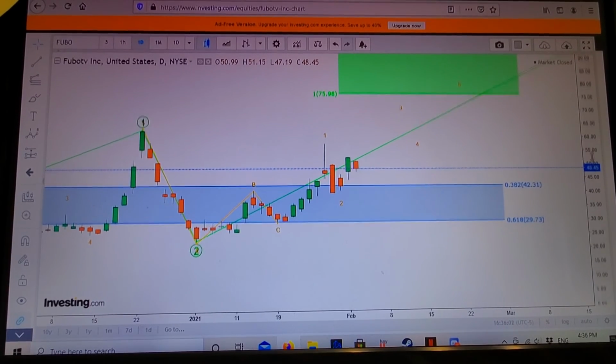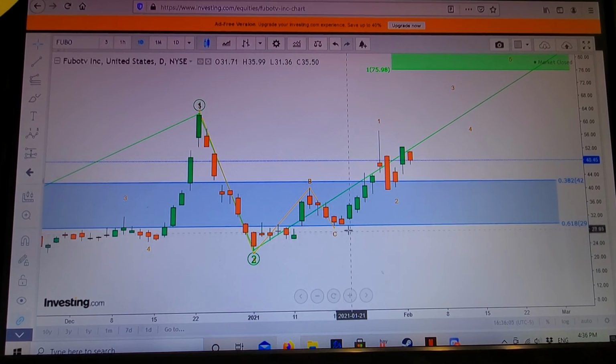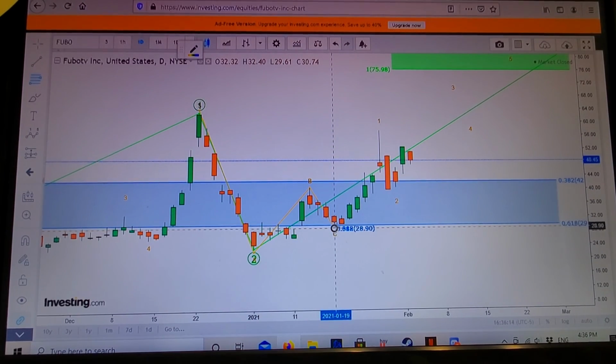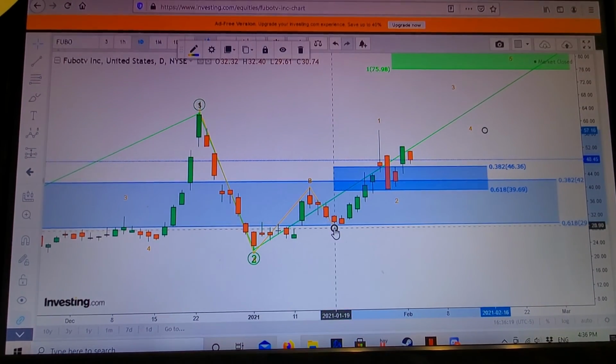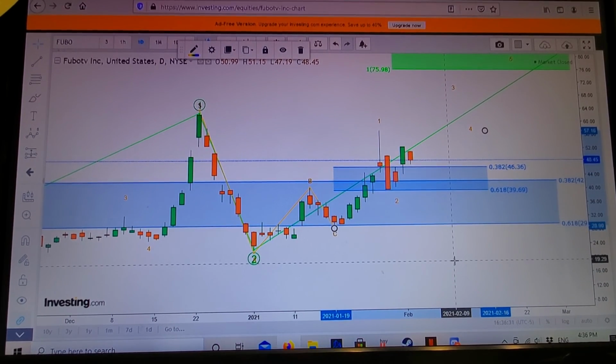For fun, if we zoom in just a little bit, let's do the Fibonacci retracement on this wave pattern here to see if we're on track. We'll do that same retracement, start at the start of our impulse, measure up to the top of 1 and pull it over. And look at that, it goes 1, 2, and the retracement lands exactly on that 39.69 just before pushing off upwards. So you can see how there are waves within waves. I guess that's the easiest way I can explain the whole wave theory thing real quick and apply it to a chart. Hopefully this wasn't too wordy and it was pretty clear.